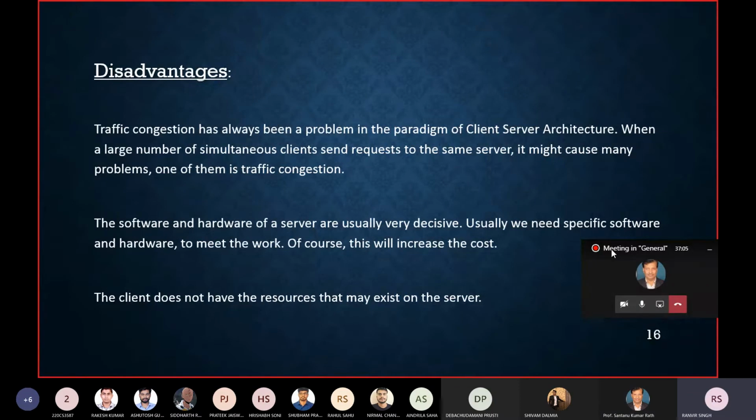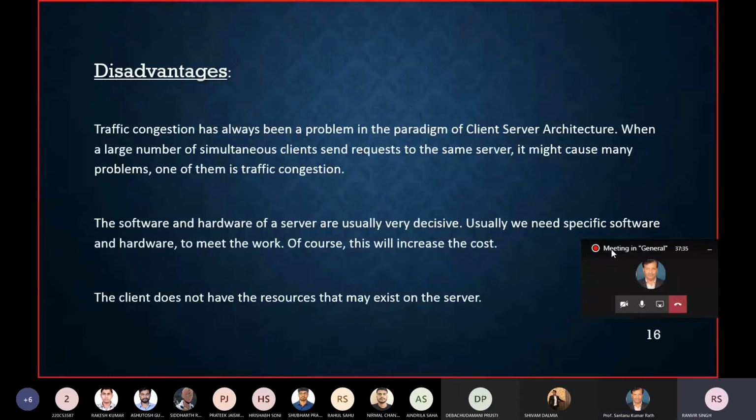A very high number of students, who act as clients, are requesting their result from the CBSE result server, but it is in such a high amount that traffic congestion comes, so the CBSE result server cannot reply and sends an error message. So this is one example of traffic congestion, and it is a disadvantage in client server architecture.